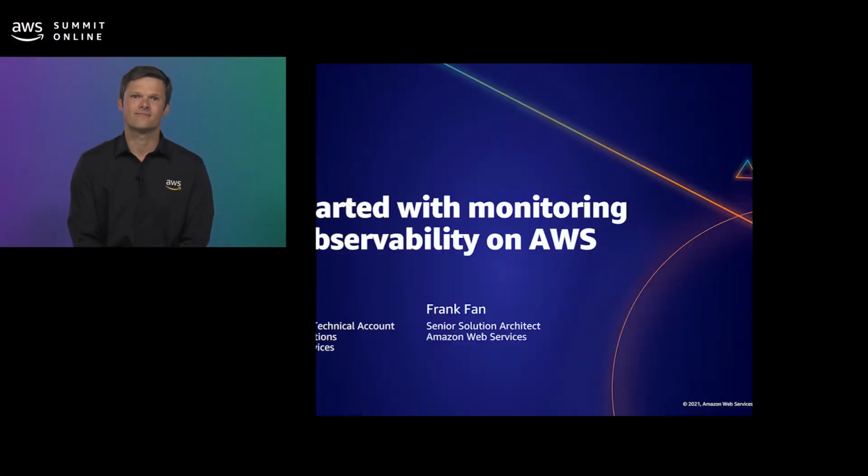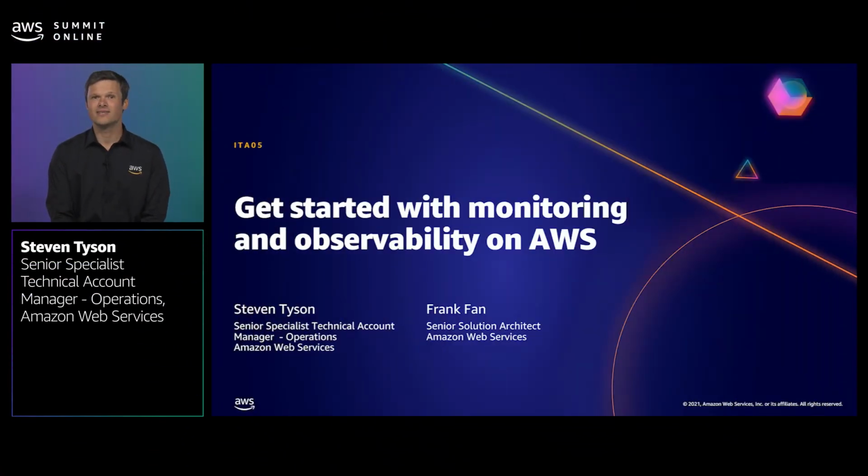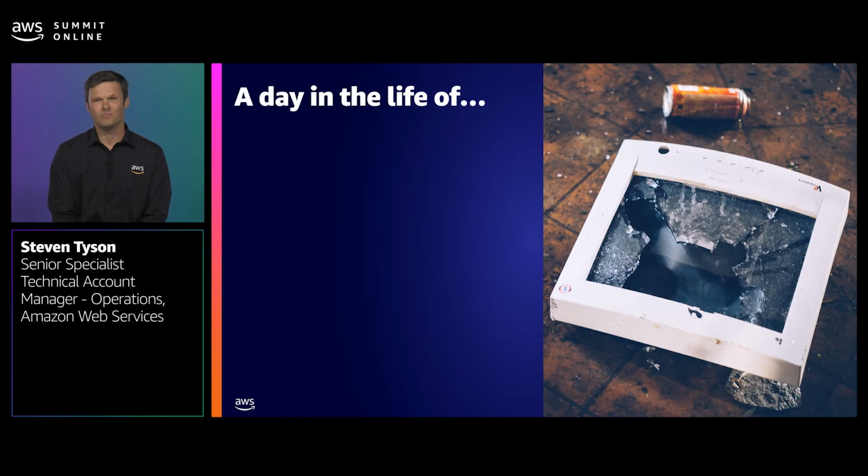Now, has anyone ever had a day where they come into the office, or nowadays probably dial in, and their systems look like this? Systems are down or performing poorly, people are screaming to get systems back online, and you are expected to immediately know what the problem is, why it happened, and provide an exact time as to when systems will be back online. I'm sure you've been in this situation.